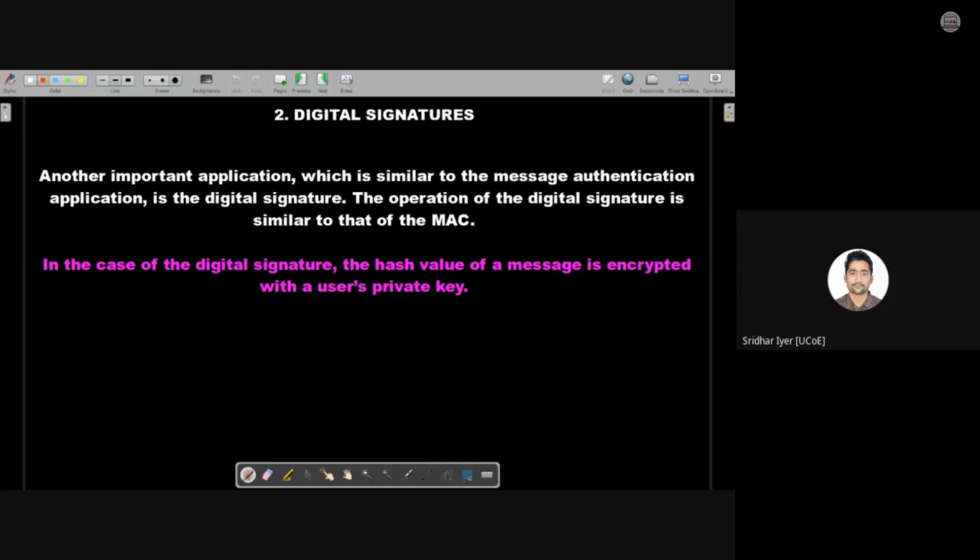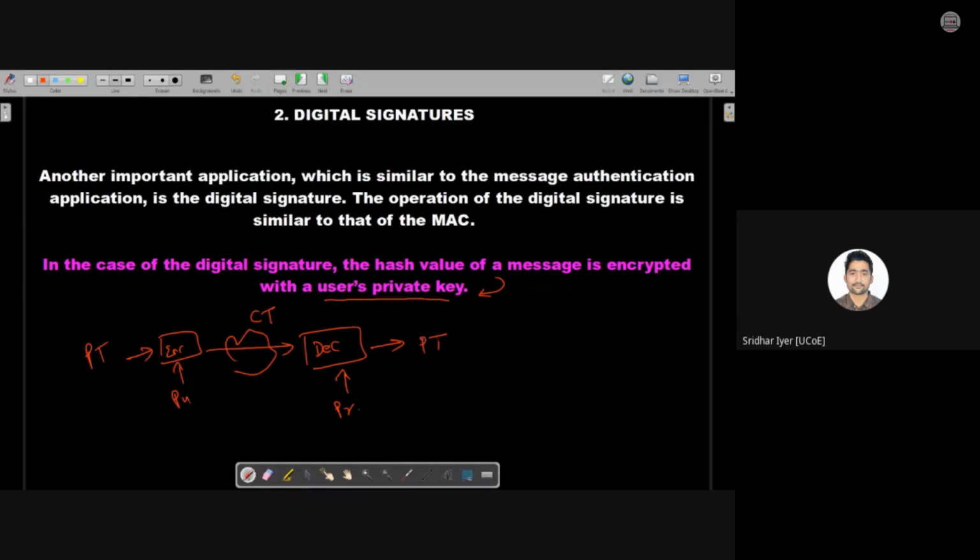If you remember, in the last lecture I had started off with this concept that it is 90% similar to what we have studied so far. The only difference lies over here. As we all know, in a general public key crypto system, the message is encrypted using the public key. Yes or no? This is the plain text. It is encrypted using the public key, this goes through the communication medium, and while decrypting, it is decrypted with the private key.